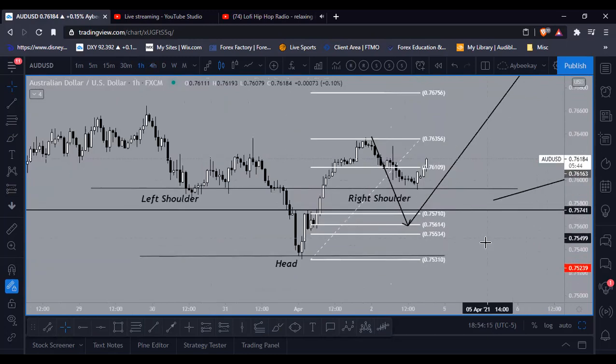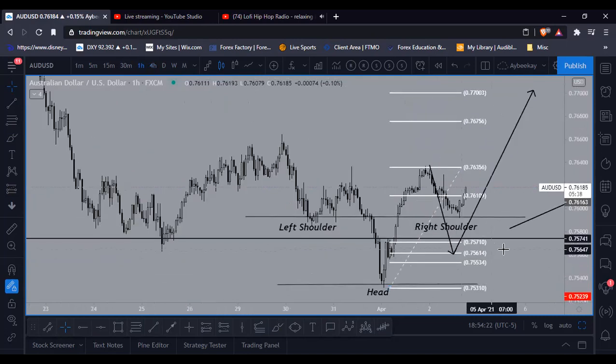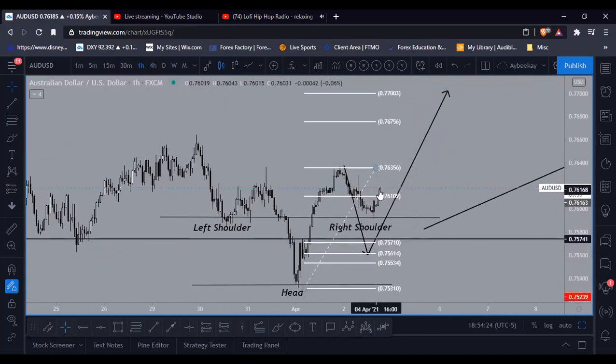But I could also, like I mentioned, see the possibility of this right shoulder getting violated, price pushing down to 0.75614, and then pushing to the upside. But I'm going to go ahead and get into an entry on this as well, and then take it to the upside. And again, if I get down here, then I might get in that entry. Let's go on over to